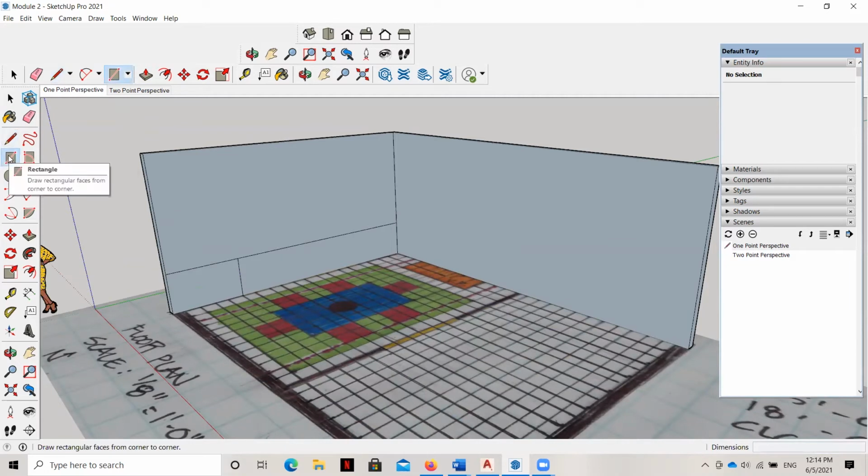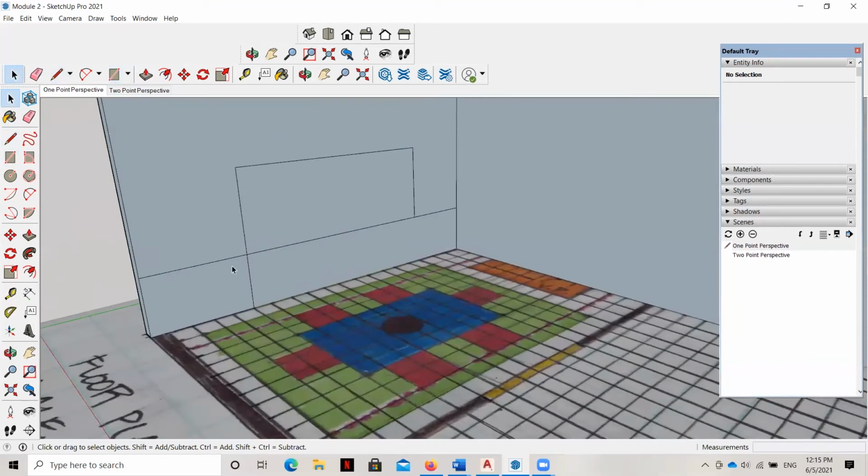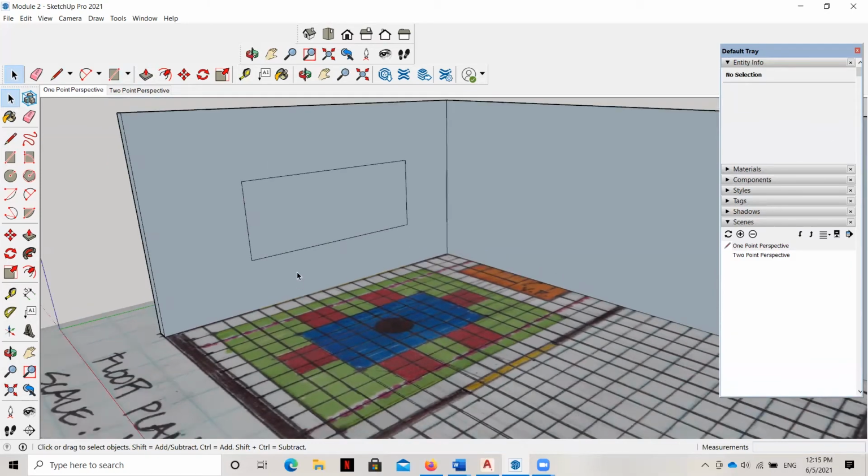Now I'm going to create a rectangle. So I'll select the rectangle over here, start right at that intersection point, and do one click. And now I'm just going to drag. I'm not pushing any buttons or scroll wheels, I'm just dragging my mouse. And you can see the dimensions are appearing in the lower right-hand corner. So I'm going to type in 10 feet because that's the width of my window, and 48 inches because that's the height. And there's my window. So the next thing I'm going to do is delete these guidelines because I don't want a face to be created with those extra lines.